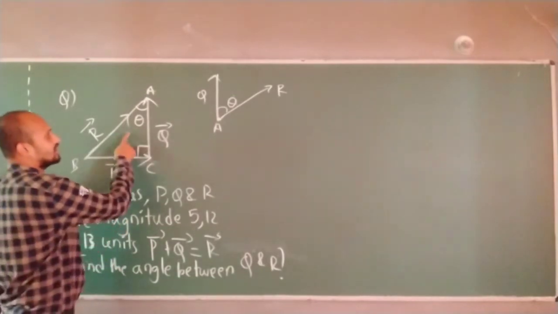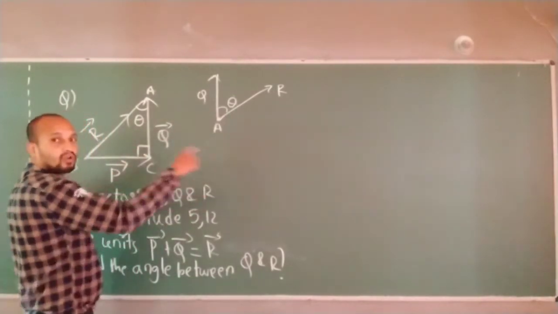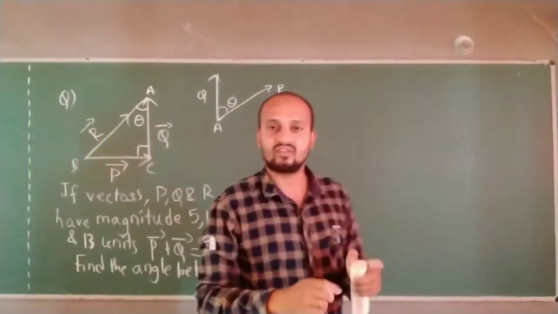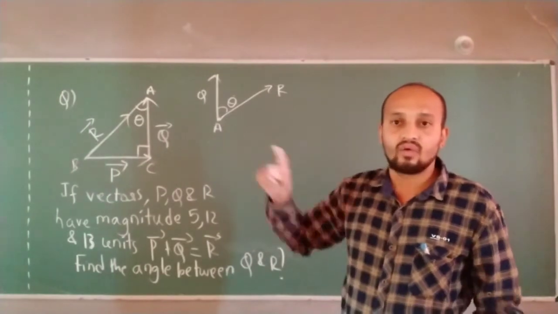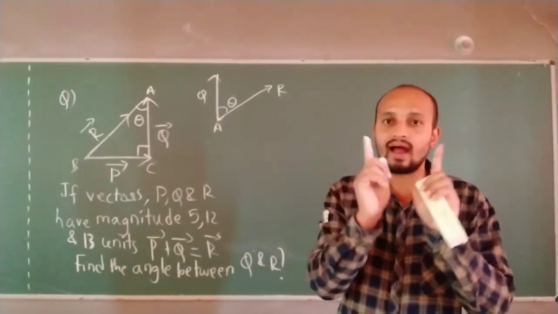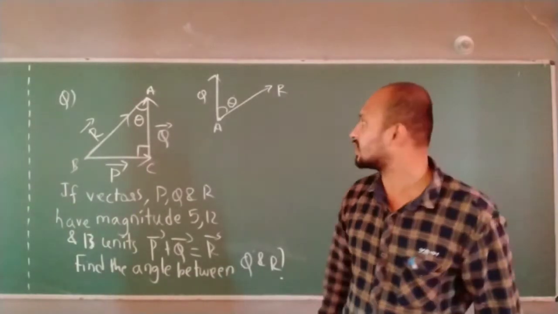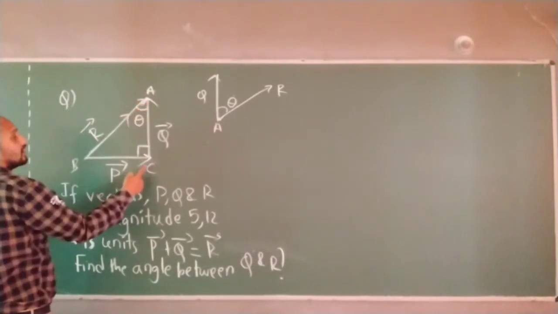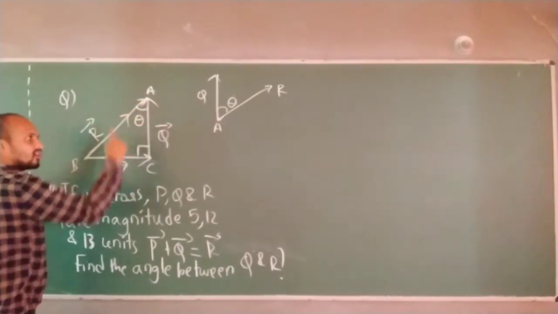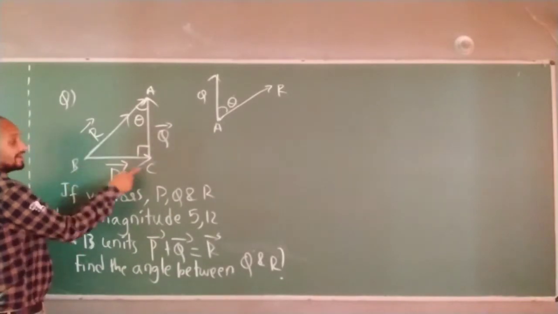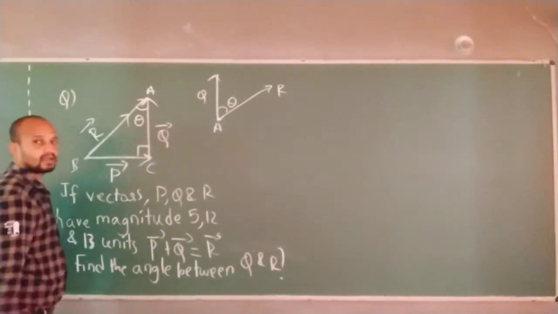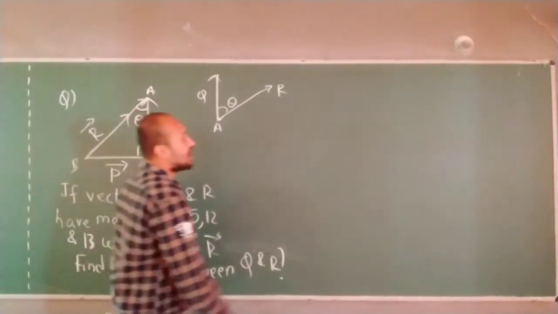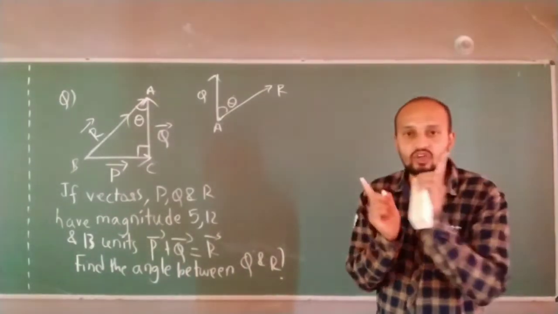So you have to find angle theta. This is not required while solving this problem, but I told you so you will have an idea how to do it. When they are asking the angle between two vectors, you have to join the two tails of the vectors. Here the head of the R vector is joining the head of the Q vector. That is also possible. Here the head of the P vector is joining the tail of the Q vector, so this is not the angle between the vectors. How to find the angle between P and Q? Either join their heads or join their tails.